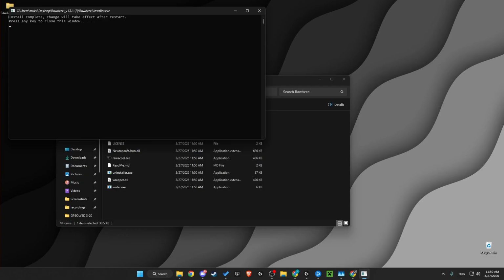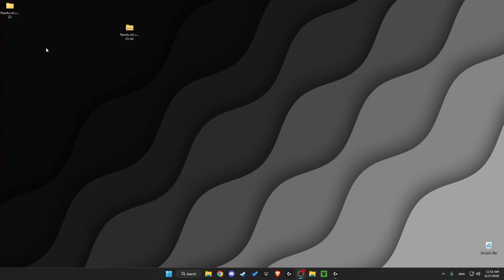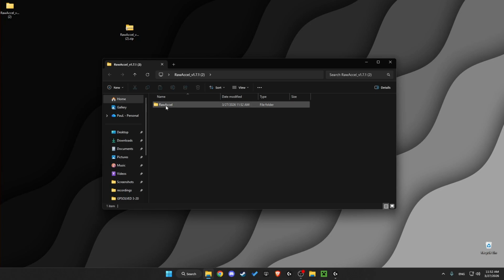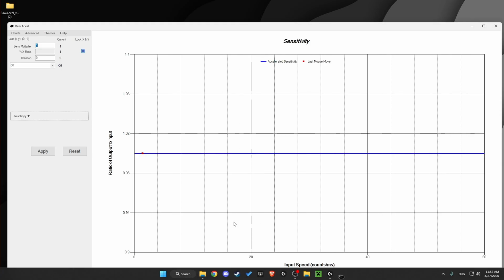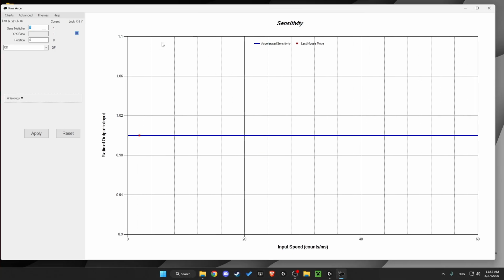Basically after that, you need to restart your computer in order for RawAccel to work. And after you restart your computer, go back to RawAccel here, and then you need to press on RawAccel.exe, not the installer, okay? And as you can see here now, I was able to